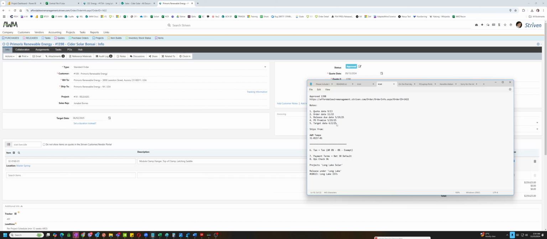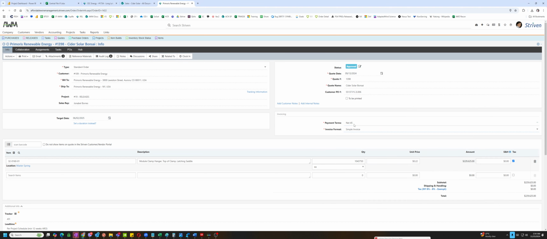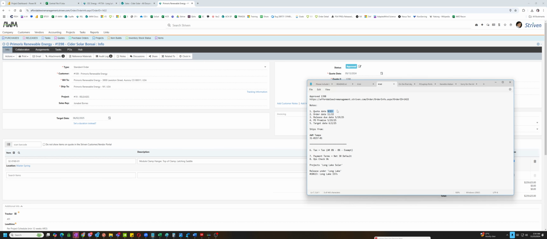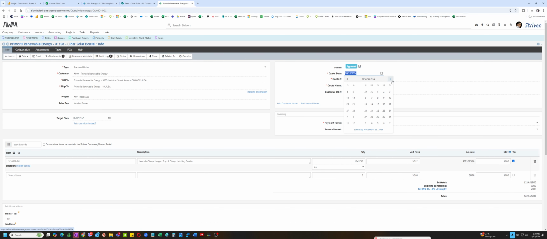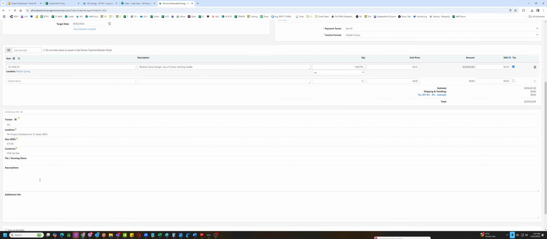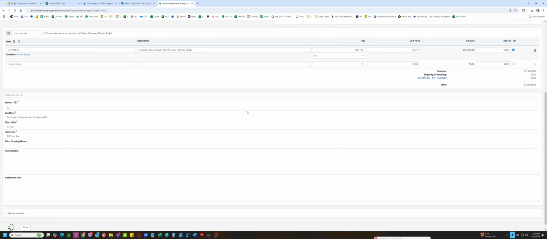These are applicable when the target dates are in the distant relative future. So we do have a 2 weeks buffer zone for due date for us and due date for the supplier. Right now, since this is already approved, this is no longer a quote date, but I have jotted here down the original quote date, 9/13, but I'm going to update this now to November 22 because this will now be an order date.